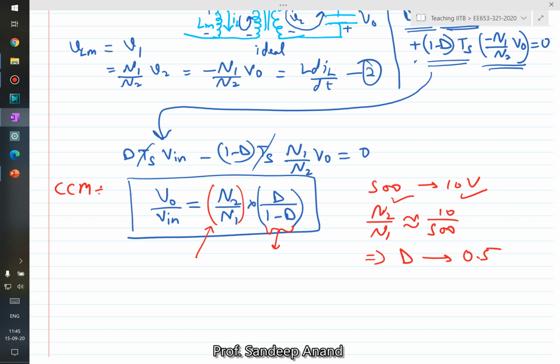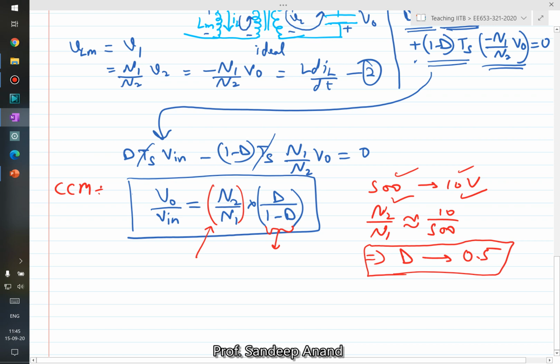That is no longer a limitation in case of these converters, because you can continue to operate your duty cycle close to 0.5 and you can still get a very low voltage. You can even get a very high voltage. You can go from 10 volt to 500 volt, so the turns ratio would just invert. So with suitable design of the turns ratio in the transformer, you can take care of some of the challenges which were there in the simple buck boost.